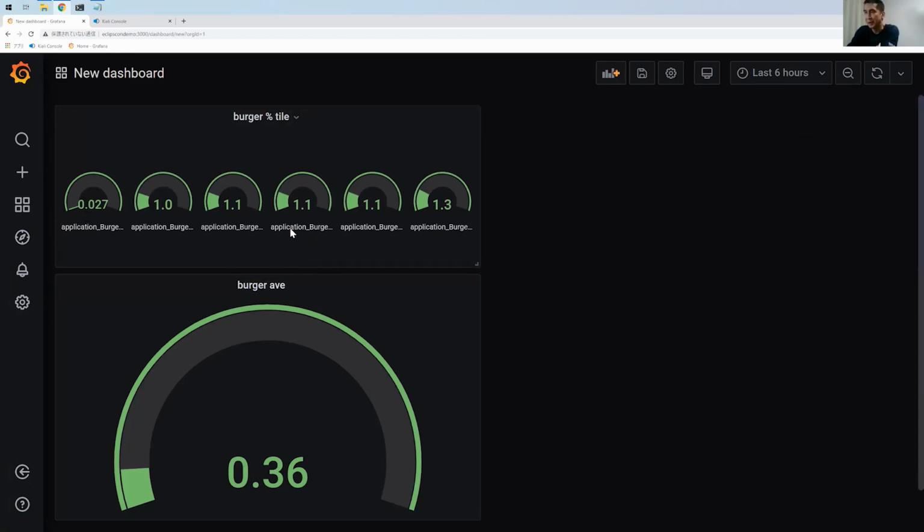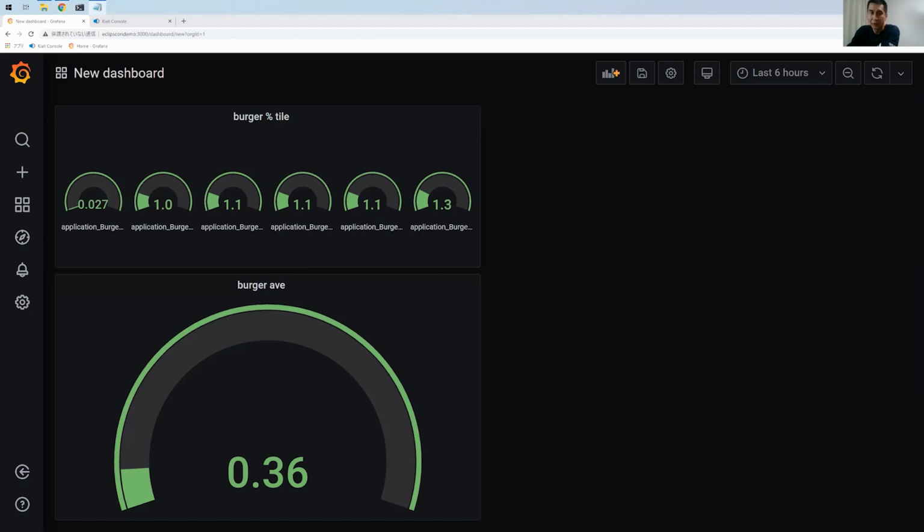If you look at the percentiles, it's almost 1.1 seconds or 1.3 seconds. This is expected behavior because I set 1 second for the timeout. So this is the expected result.